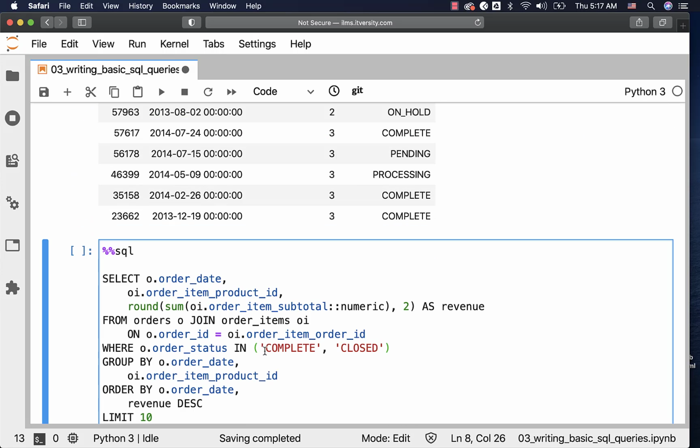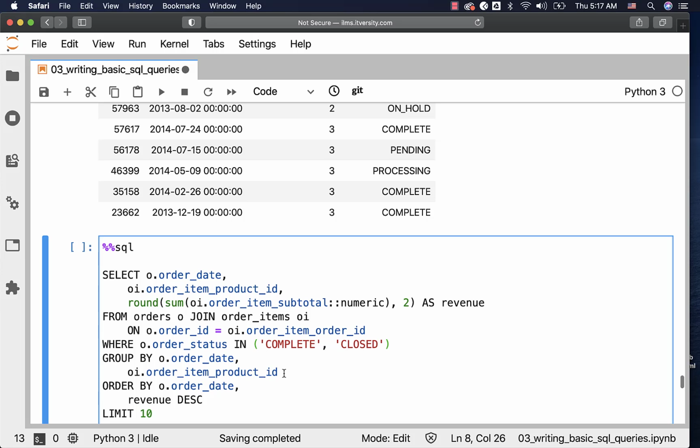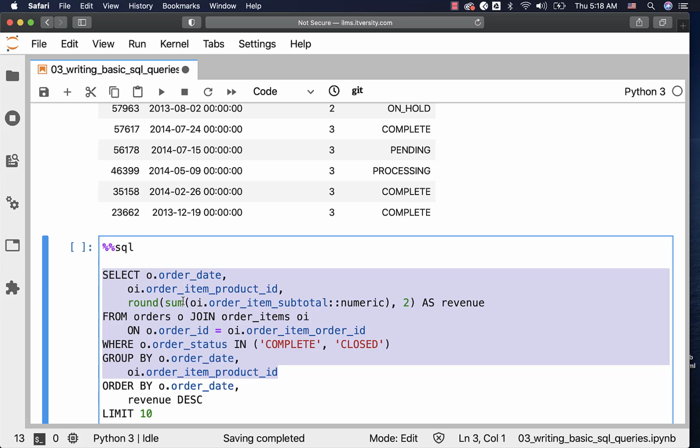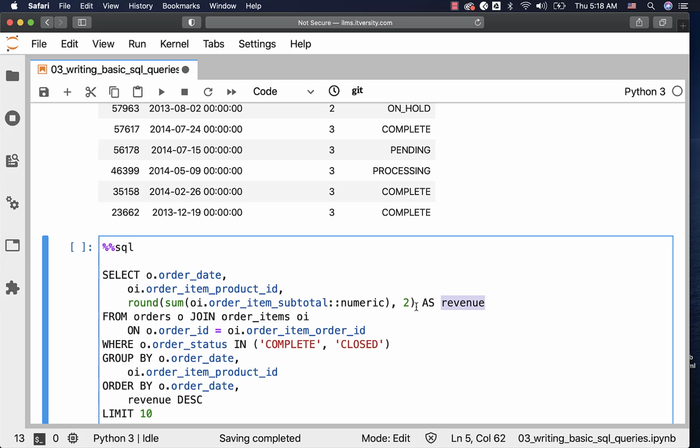Now our original statement is getting daily product revenue. We have seen the original problem statement at the beginning. As part of the daily product revenue, we need to get the date, product ID, and the revenue after grouping by the date and product ID. This is the query which we have written earlier. You can see that we joined orders and order items on orders order ID and order items order item order ID. Then we have filtered for complete or closed orders. Then we have grouped by order date and order item product ID. And then we are projecting date, product ID, and the revenue for each date and product with alias revenue. So revenue is the alias for our aggregate function round off sum of order item subtotal comma 2.